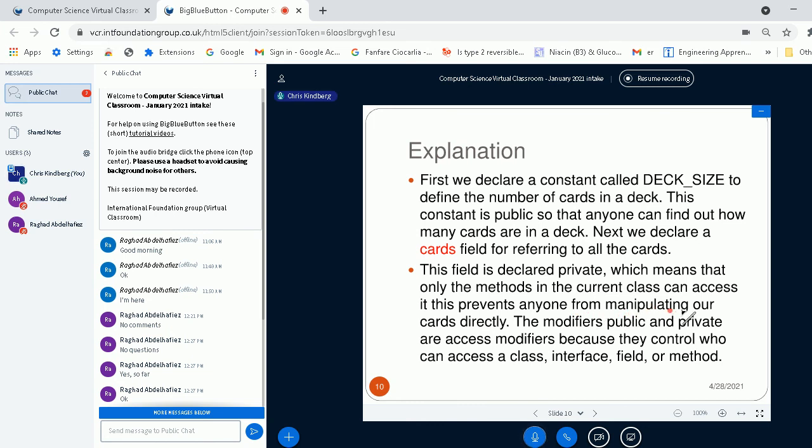The modifiers public and private are called access modifiers, because they control who can access a class or interface or field or method. So you can mark any of these items with private or public that you like.